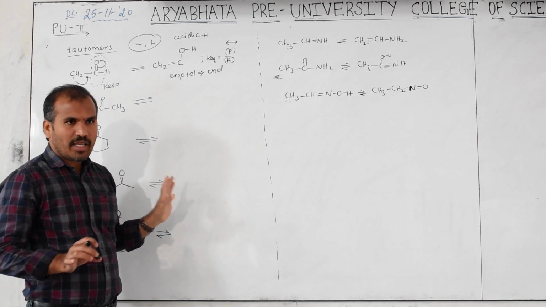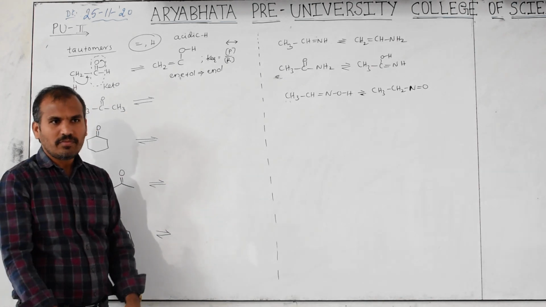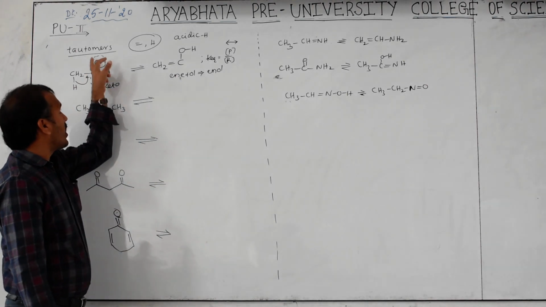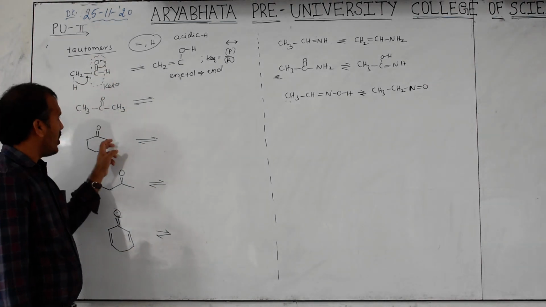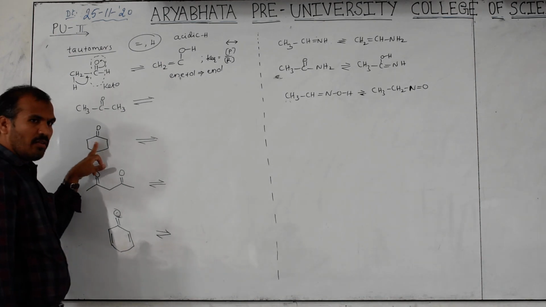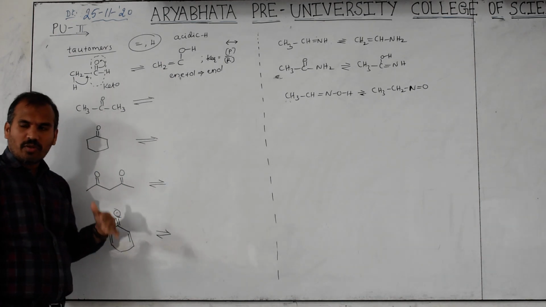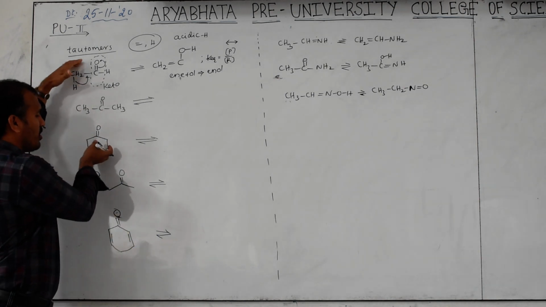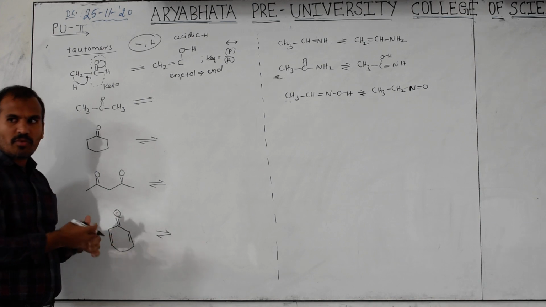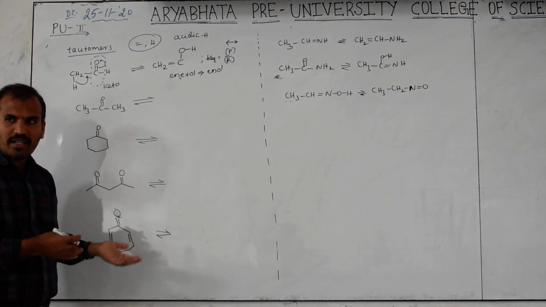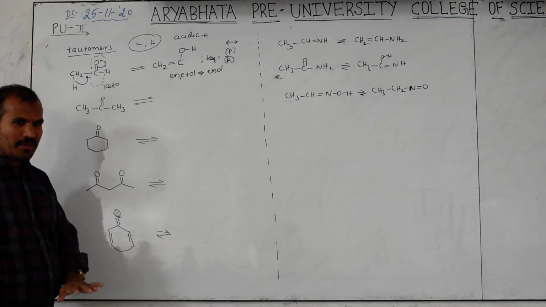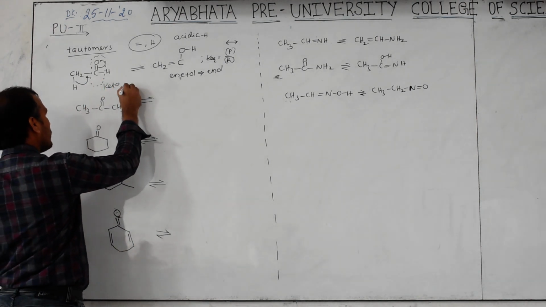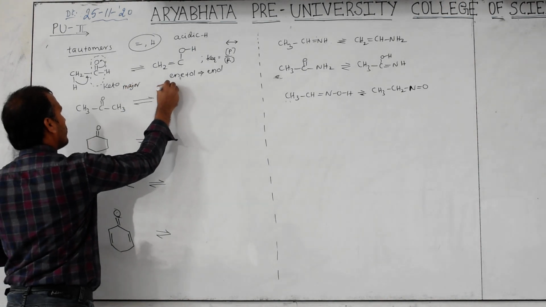When K equilibrium values are given, fine. If not given, there is a simplified form. I will give one sentence here. Here the keto group count is how much? 1. But here 2. So 1, 1, 1 conditions will be discussed. All are different examples. These are one set of conditions, this is the second, this is the third. These are the ones mostly involved in our chemistry. We will discuss them again in the aldehyde ketone chapter in the second year. So now this is the major here. This is major. This is minor.